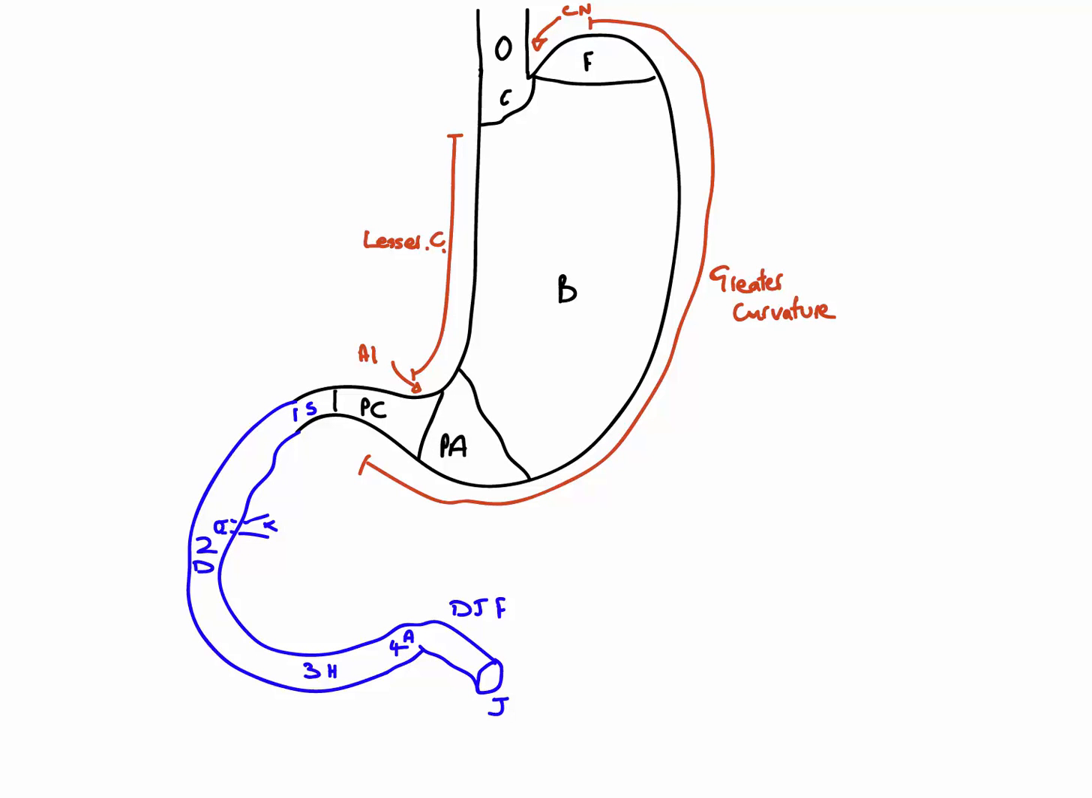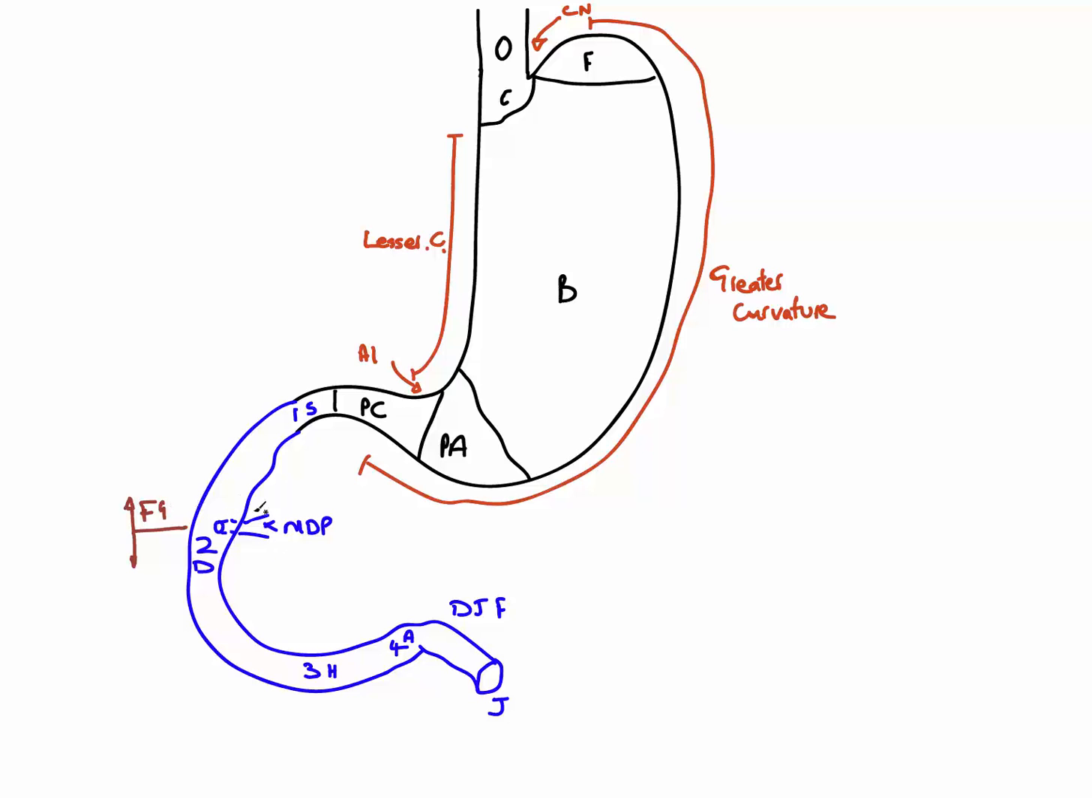It's also important as it demarcates two regions of the gastrointestinal tract. It demarcates the foregut from the midgut. Remember, the gastrointestinal tract can be divided into the foregut, the midgut, and the hindgut. And at the level of the major duodenal papilla, which is here, this demarcates the foregut above,